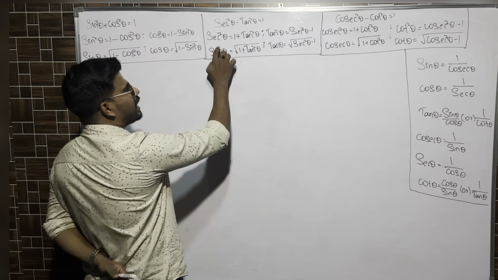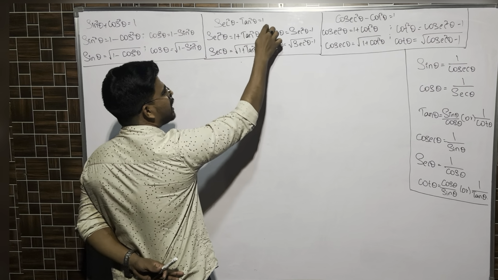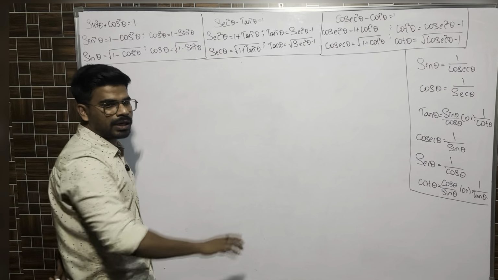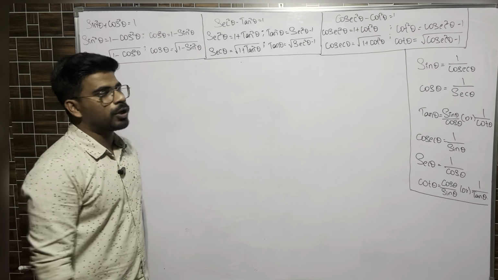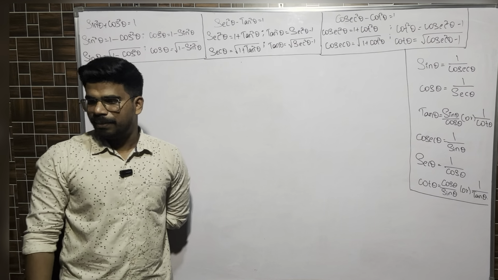So I am putting secant over here, sending tan to the other side. Minus tan square will become plus tan square. And if I send the square over here, it will become under root 1 plus tan square, because minus tan square was there on the left hand side. After sending, it will become plus tan square.